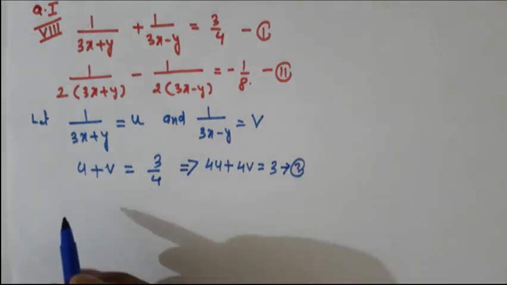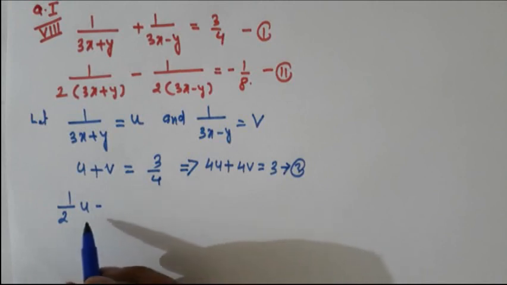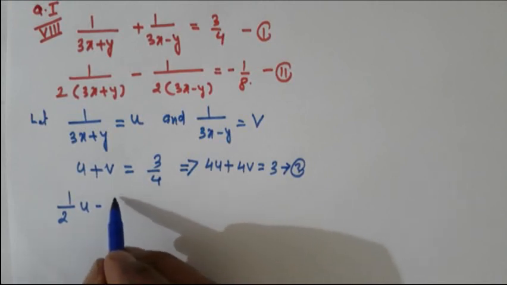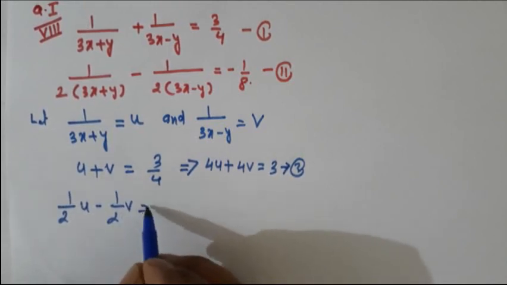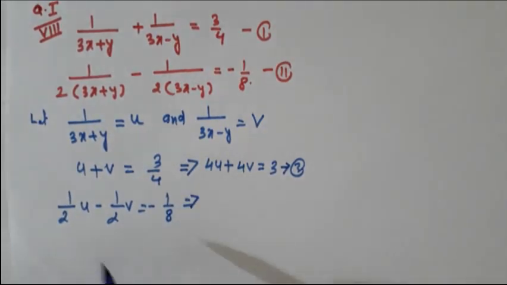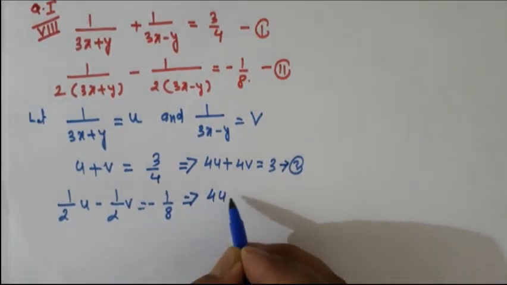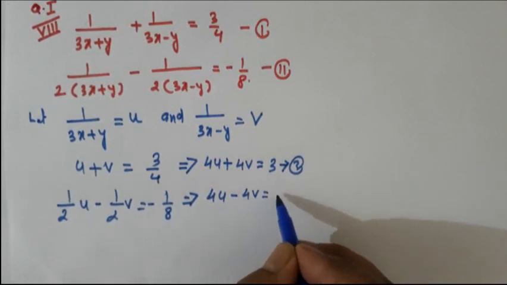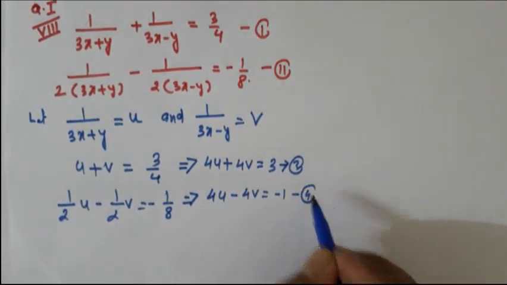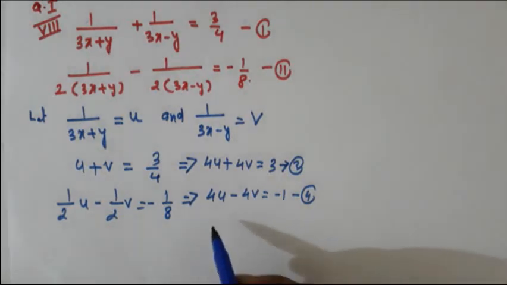With the help of the second one, you see this can be written as 1 upon 2u minus 1 upon 2v is equal to minus 1 upon 8. Multiply this equation by 8. 2 और 2 और 8 है, तो 8 और 2 और 2 को कैंसिल करना है. Then multiply by 8, that will be 4u minus 4v is equal to minus 1. This is equation number 4. इक्वेशन नंबर 3 और 4 को सॉल्व करके u और v की वैल्यू फाइंड करना बहुत ही सिंपल है. कोएफिशिएंट भी आपको इक्वल नहीं करना है, वो पहले ही से इक्वल है.